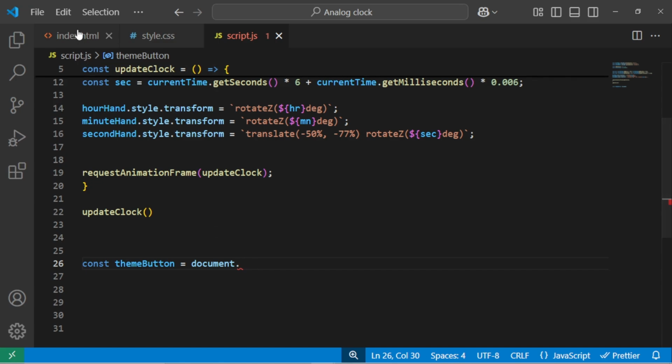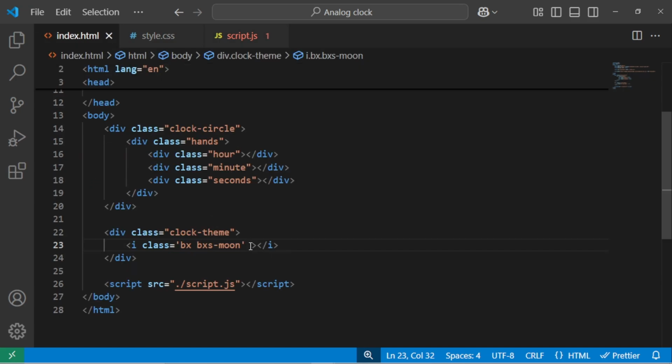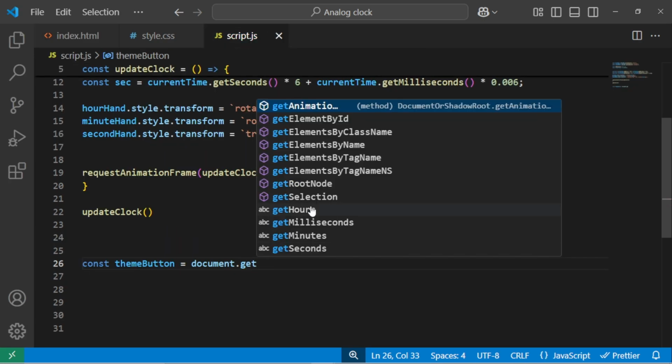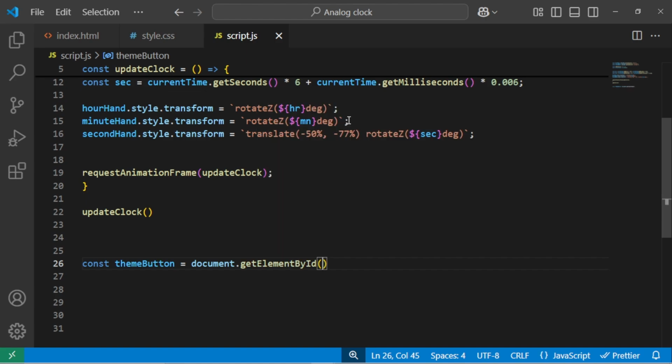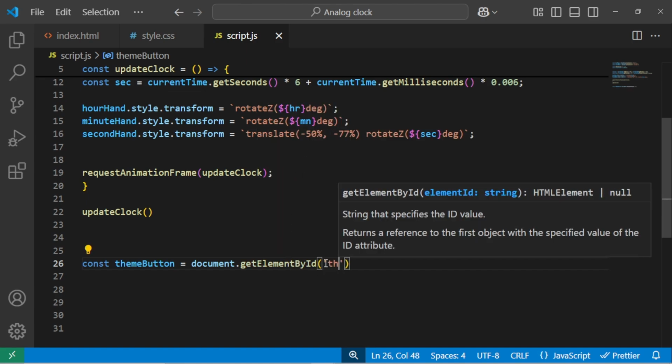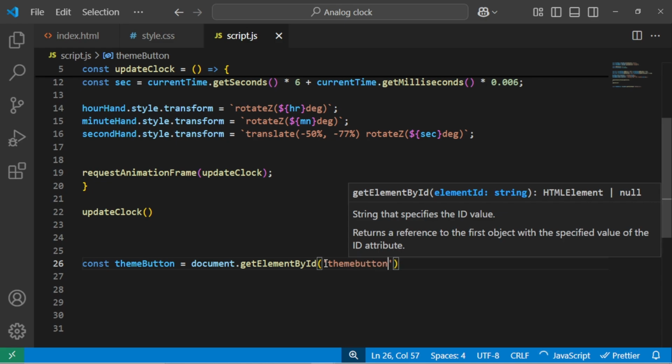First of all, let's go to our HTML and give our theme icon an ID of theme button. Okay, so we can go back and we're going to use the get element by ID method to select it this time. Because we're using get element by ID, I'm just going to write the name of the ID without